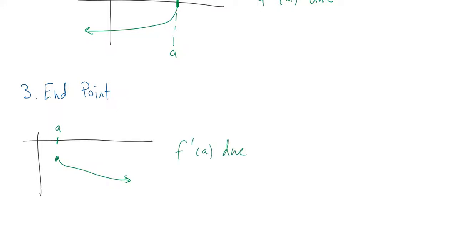And again, you would think of this one as having a vertical tangent line at that point, but any graph that has an end point, the derivative does not exist at that point because the limit doesn't exist. It can't. And then finally, sort of for the same reason, sort of similarly, if you have a break,